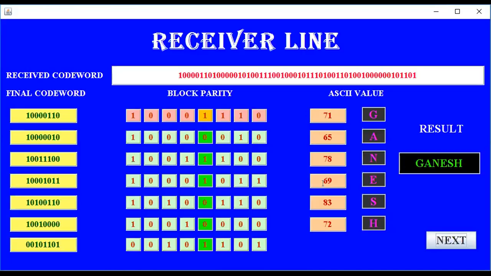So as we transmitted Ganesh from the transmission point, in the transmission line we altered the bit in the fifth position, but at the receiver side we can identify the error as well as correct it, and then we get the correct message which was transmitted.